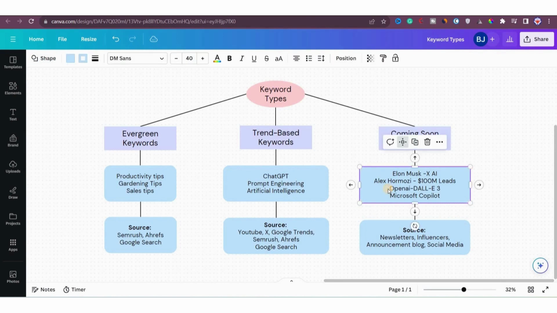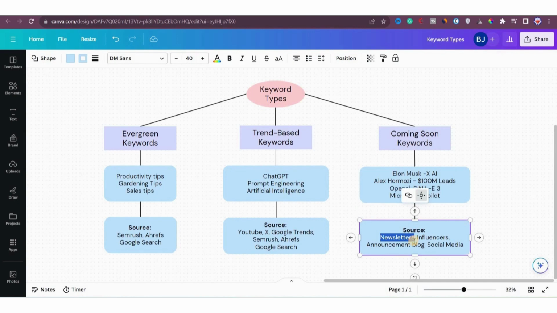Now let's talk about where I find all these keywords. What are their sources? The sources are newsletters which you might have subscribed to from influencers, companies, or marketers. Influencers like, let's say, Alex Hormozi, and businessmen like Elon Musk often give hints about what's coming up in their Twitter accounts. There are also many announcement blogs, like one from OpenAI, right? Google also has its own announcement blog. They release news and you can receive notifications from there to stay ahead of the curve. Social media is another valuable source. People often share hints and news on platforms like Twitter, providing an overall idea of what's coming, right?